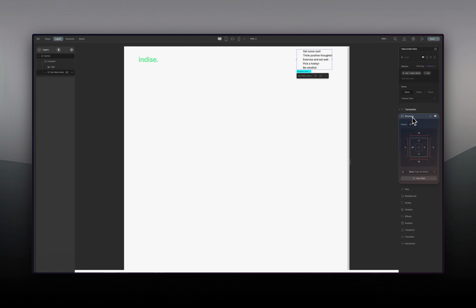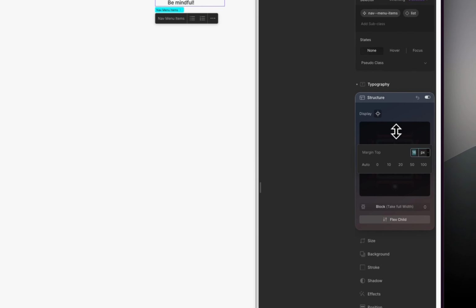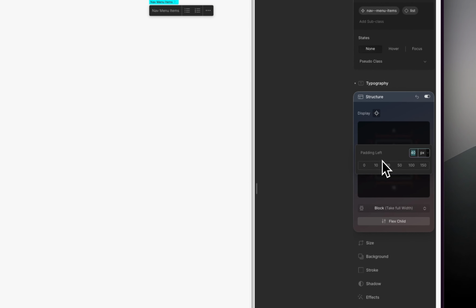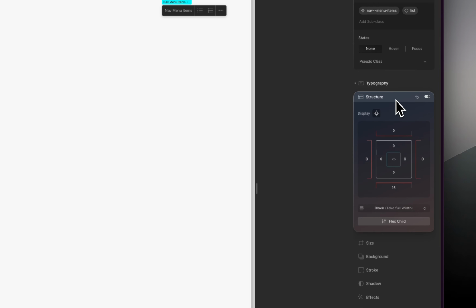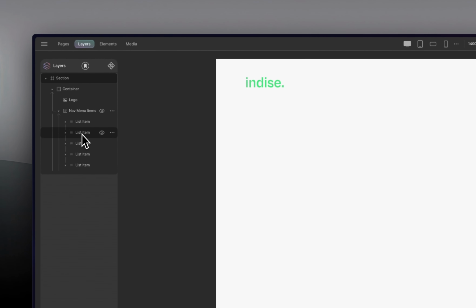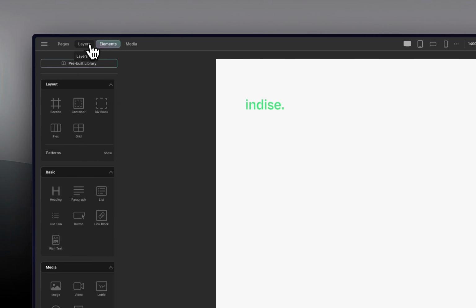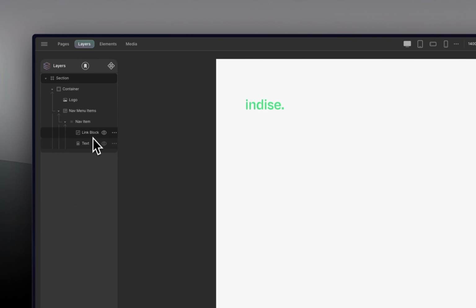All right, so in here what we are going to do is in the structure panel, you can see that there's already pre-made figures that we want to remove. All right, so that is cool. The next thing that I want to do is open this up. I want to delete everything that is in there except one, and we're just going to duplicate it later. So over here, let's rename this to nav item, right? And then in there we are going to add a link block, because we need that if you want to link it to a page or other stuff like that. So bring the link block up, and then bring this over here. So link block up, put the text inside the link block, and then yeah, we can leave that link block, and then we can also leave that over there.